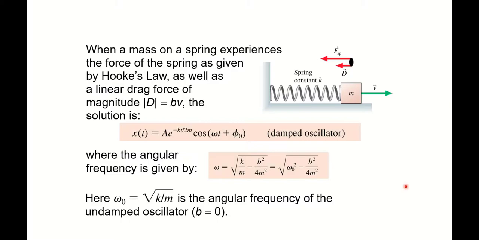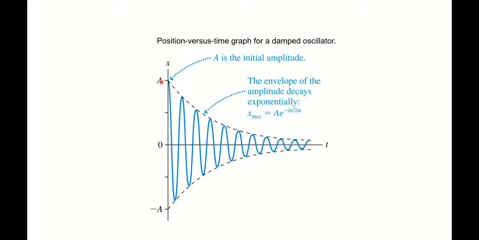But what does this look like? Well, graphically, it's exactly what we expected. We started with some amplitude of oscillations. They're going to oscillate back and forth, but they're going to get smaller and smaller. And that initial amplitude A decays due to that exponential term there. The amplitude is going to slowly get smaller and smaller with time.